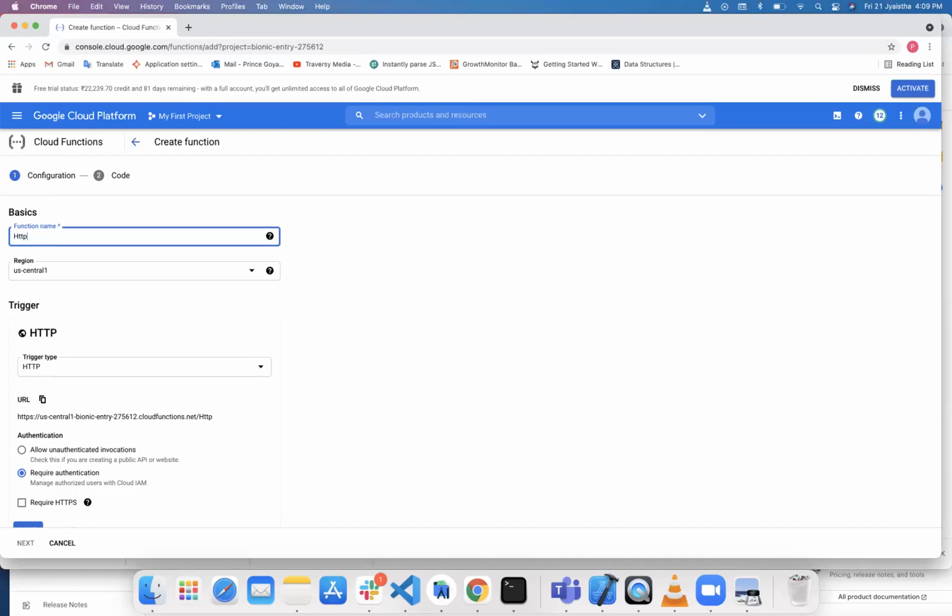I mean, we are just creating an example for HTTP trigger. So we can call it HTTP trigger function. The function name should be in small letters.